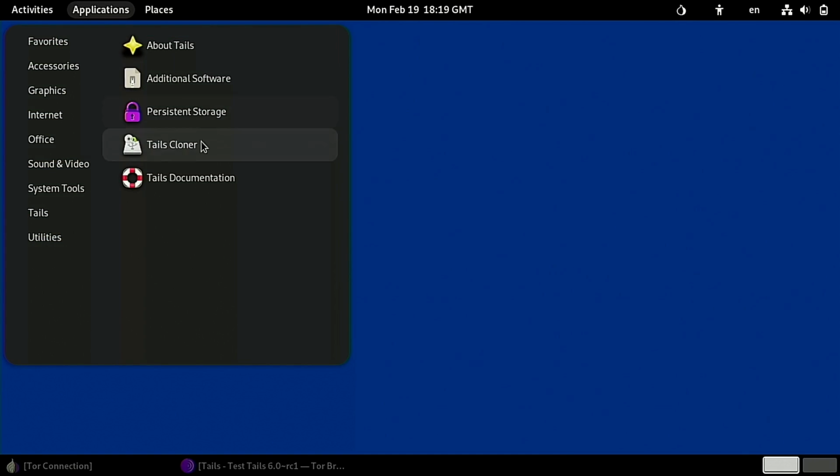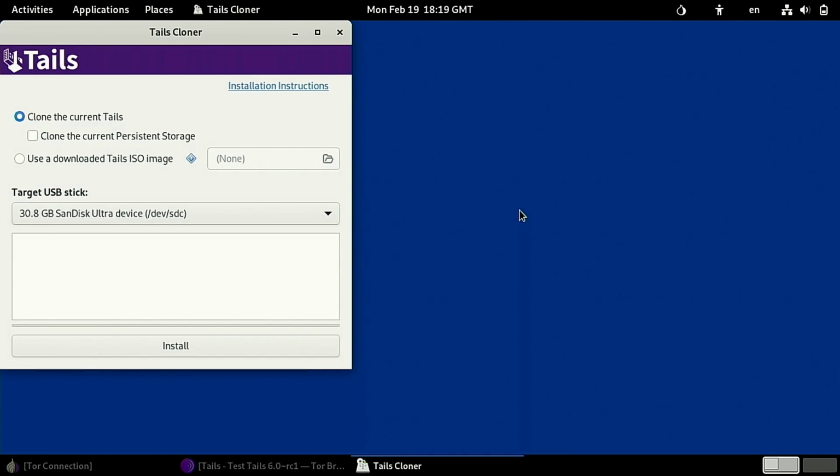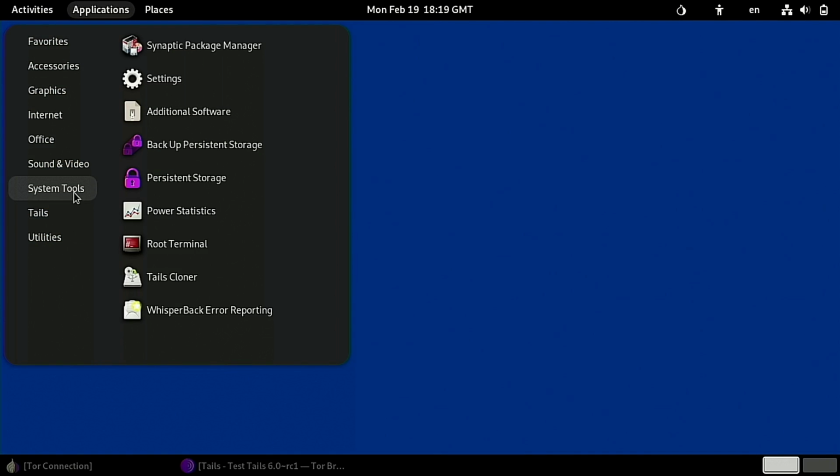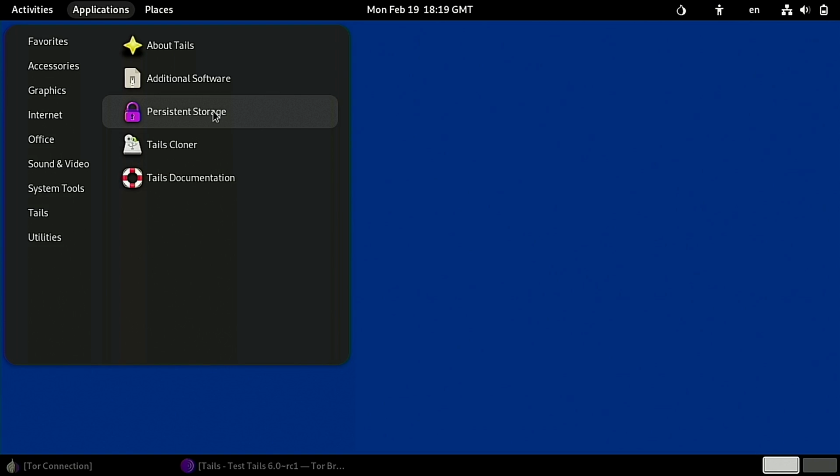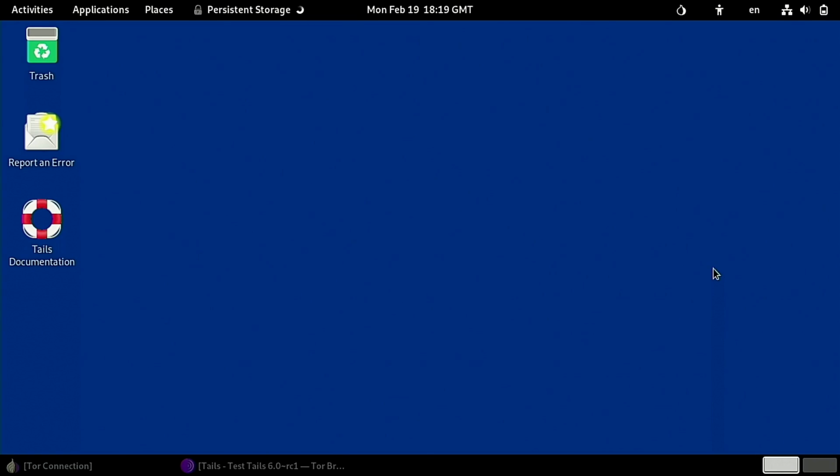In my case, what I did is I used the Tails Cloner. So what I ended up doing is just using this utility. I downloaded the RC1 for 6.0, installed it into a virtual machine, and then took this USB drive we're using, which was configured with persistent storage, and I plugged it in, and then I just cloned the current Tails into the drive, and it actually did that right around my persistent storage. As I said, my persistent storage remained perfectly fine, with the sole exception that